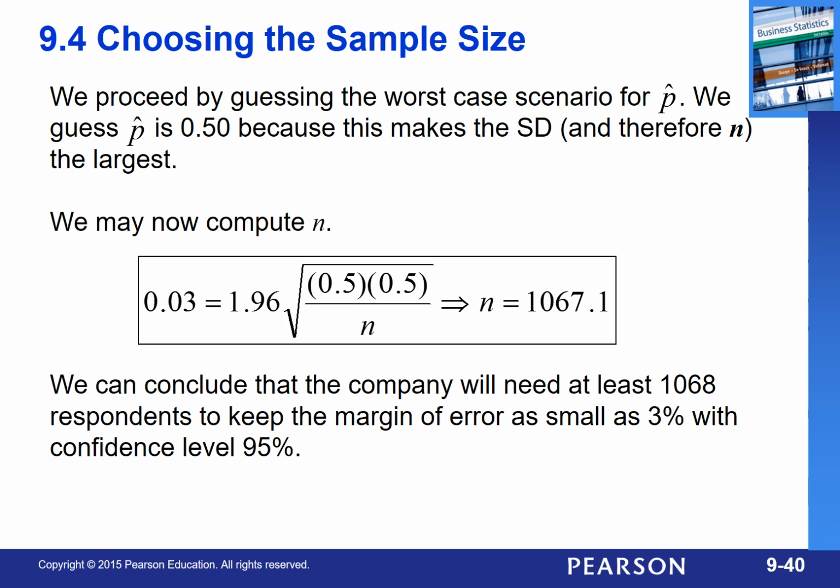If you'd like to see exactly why it's the worst case scenario, it involves solving quadratic equations. I don't know how interested in algebra you are or how much you remember, but you can go ahead and look at how to do that. There's a couple of videos on how. All right, so what we're now going to do is compute n. So you set up your equation, put in our p, put in our q. Remember, q and p are 50% each. You'll solve that for n, and you'll get